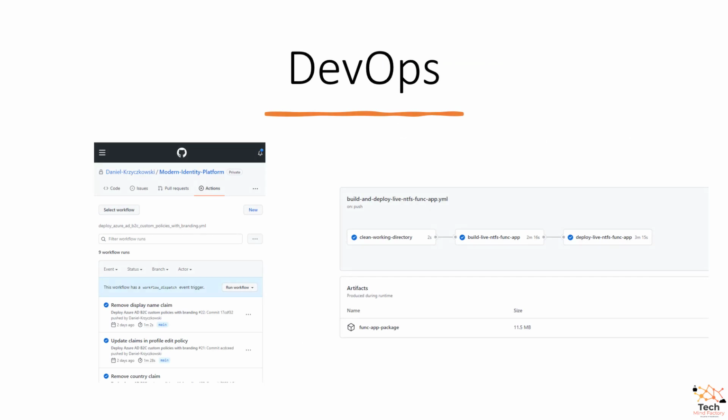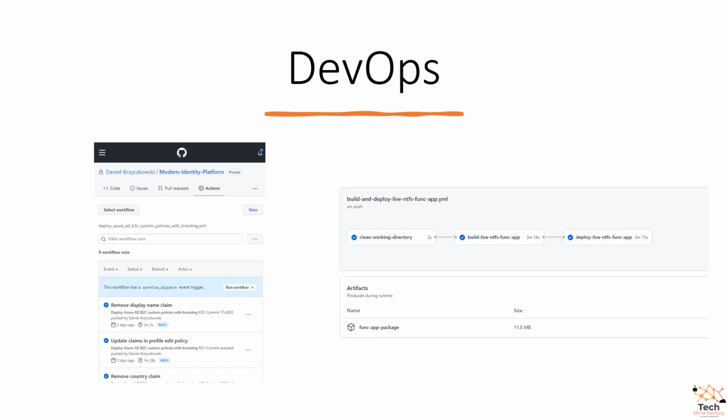Okay, great. So another topic I would like to discuss here is DevOps. So there is this approach to automate everything. And if you think about identity platforms, for many people, it's hard to imagine that still you can automate something, you can write scripts, you can automate deployments and so on, because of the fact that this is about the identity. But right now, after we saw the architecture of this modern identity platform, now you can see that